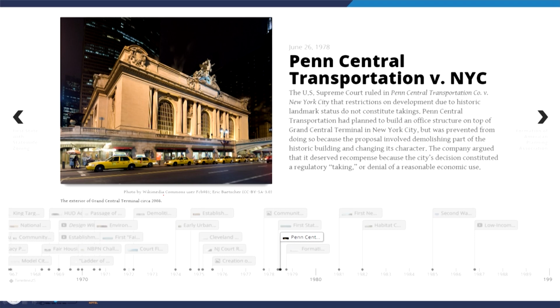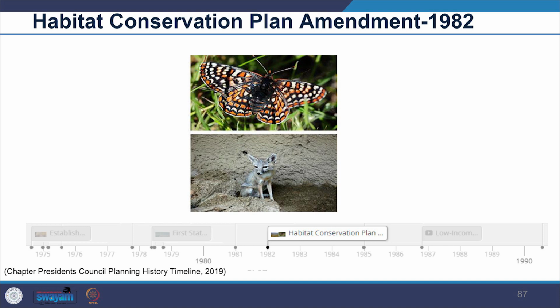Further, as our environmental consciousness is increasing, we see in 1982 the Habitat Conservation Plan Amendment come into the picture. The National Endangered Species Act of 1973 was amended to allow possible exemptions when developers create a habitat conservation plan to protect wildlife while developing a protected area. They are submitted as part of an application for an incidental take permit and describe anticipated effects of the development, how developers will minimize these effects and how it will be funded.